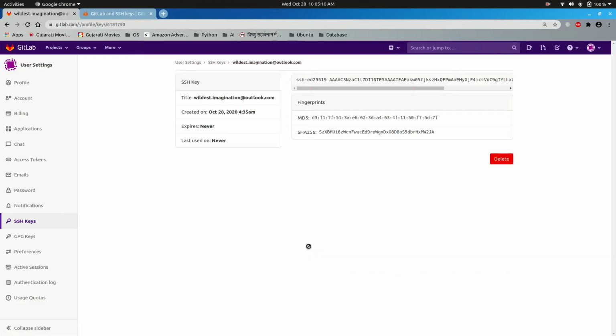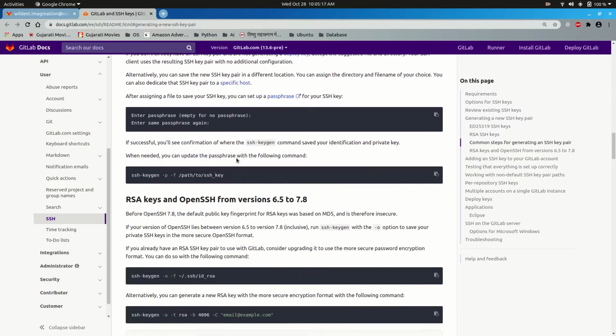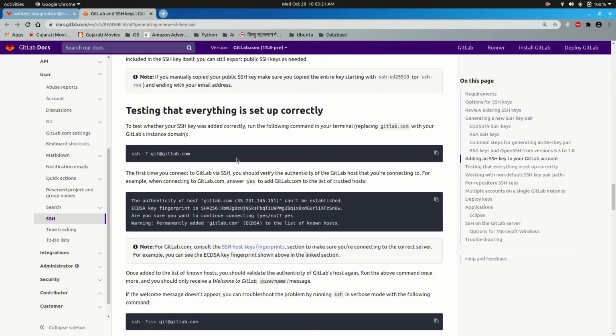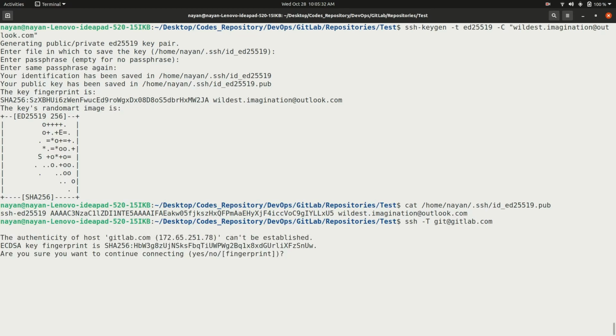Okay, so once I have provided the SSH key over here, the next step is I need to confirm that everything is set up correctly and everything is working. So I will use this command, say yes.